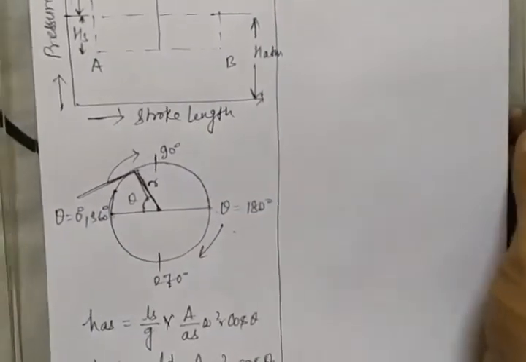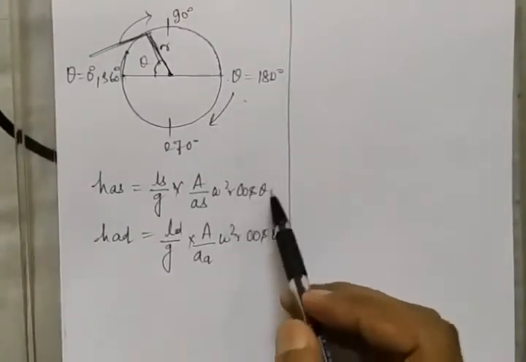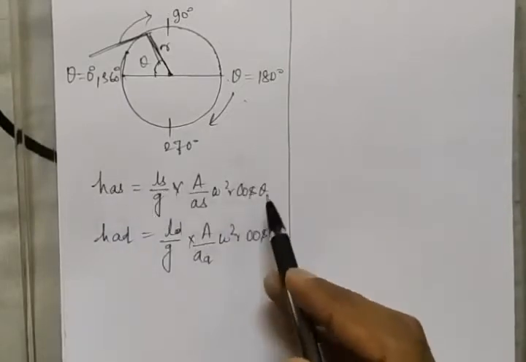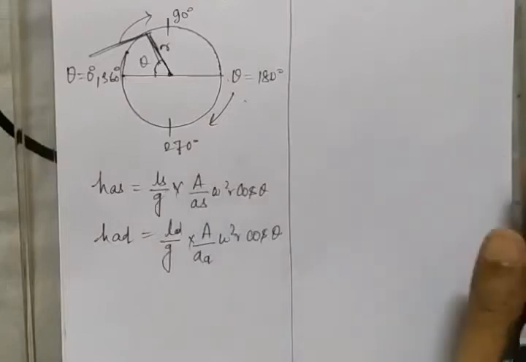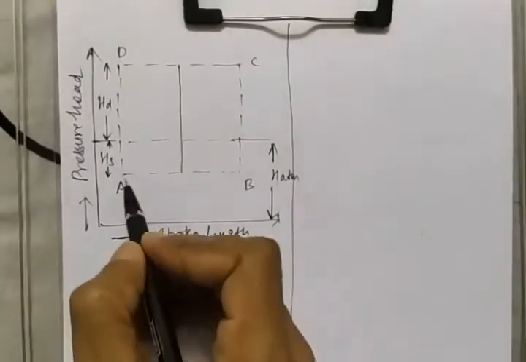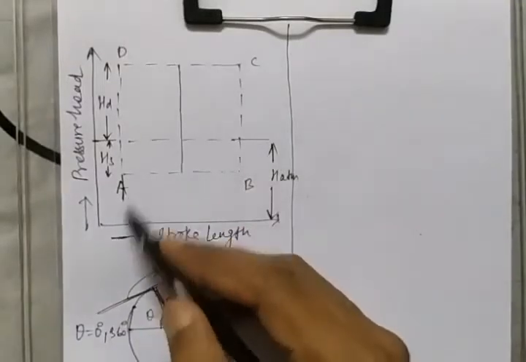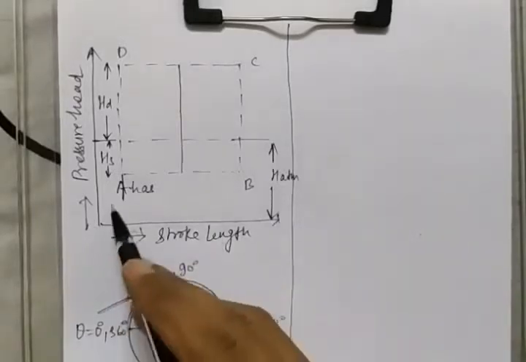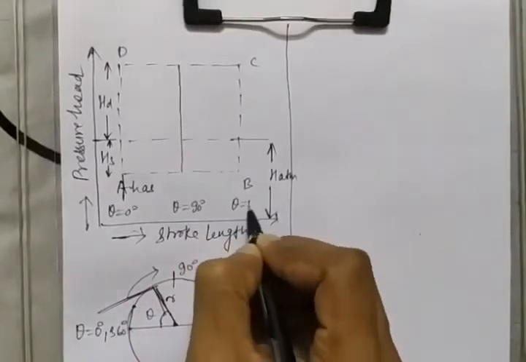Now guys, if you wanna see that, then for theta equal to 0 degree, if we put theta equal to 0 degree here, the value of HAS will come positive, because cos 0 is 1, and this whole value will be positive. I mean that at theta equal to 0 degree, this value HS will increase, I mean increase by HAS. Okay, and this is at theta equal to 0 degree, this is theta equal to 90 degree, and this is theta equal to 180 degree.